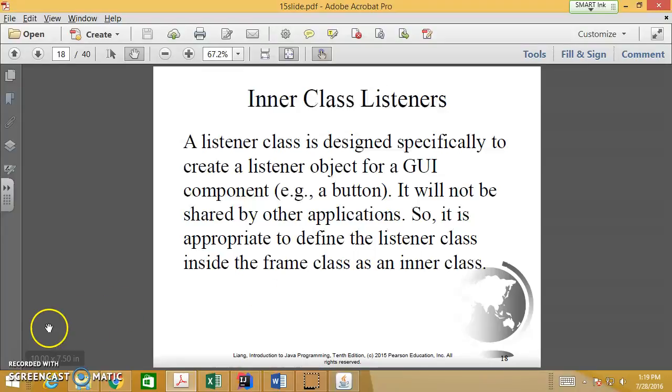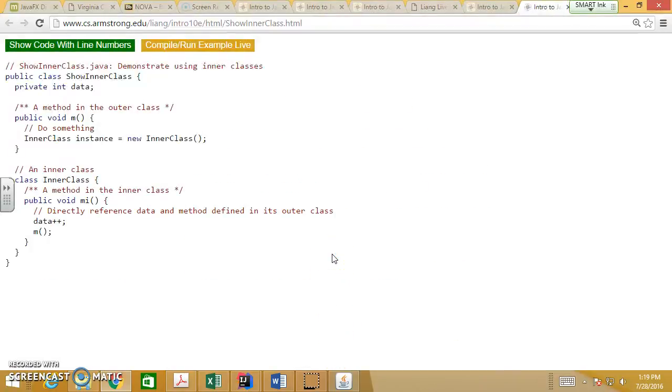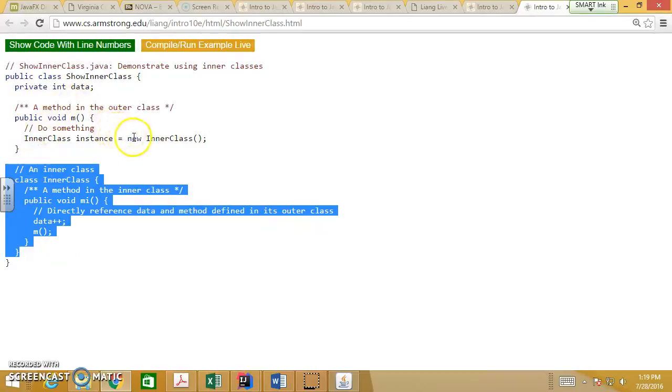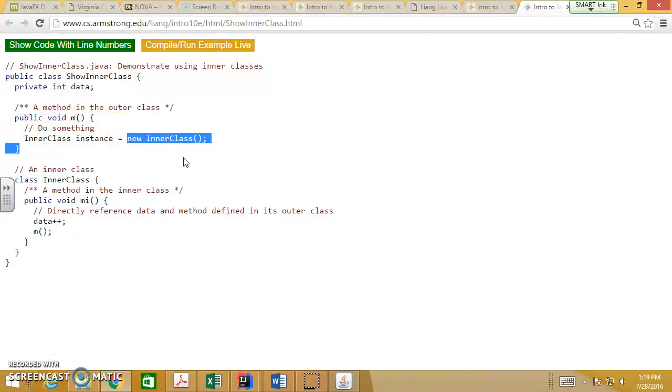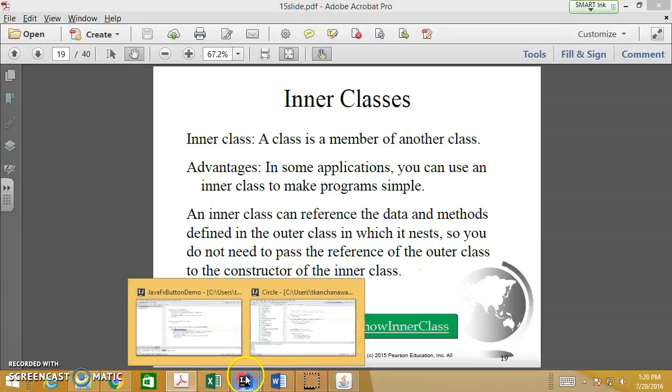Now, we see the format like that. You can actually do new inner class inside the class like that. This is exactly what we did, right? And then you just do inner class like that. Inner class, a class is a member of another class. That's right. Advantages: in some applications, you can use an inner class to make programs simple. An inner class can reference the data and methods defined in the outer class in which it nests. So you don't need to pass a reference of the outer class to the constructor of the inner class. So that's the benefit. Like in this case, we use the